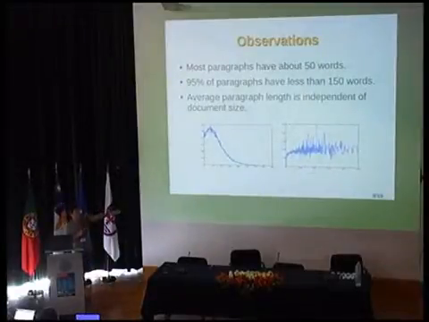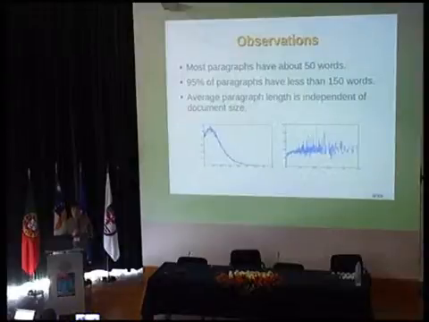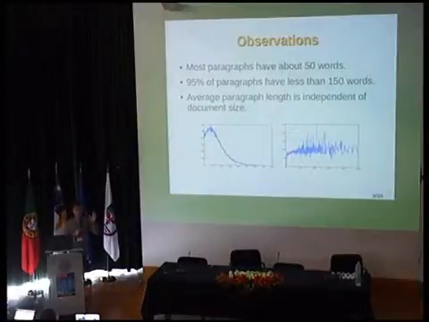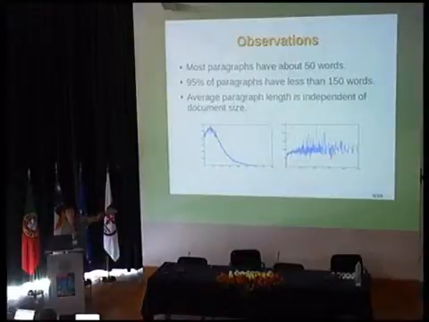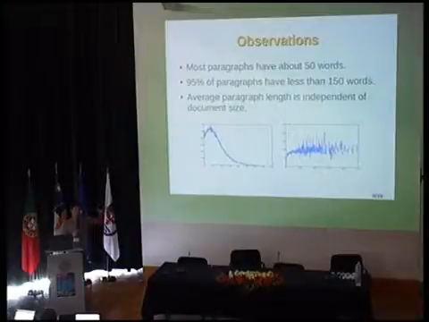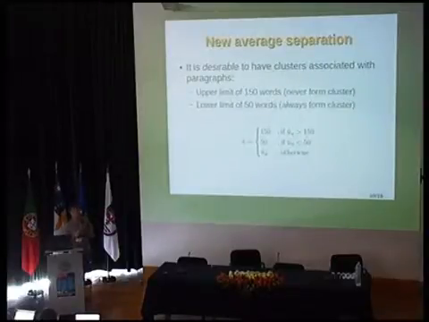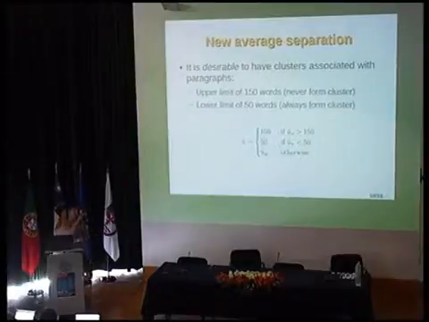So on the right, that graphic shows the average number of words by document, or by size of the document. The idea is very simple: independently of the size of the document, the average number of words in a paragraph is somehow static. It doesn't change a lot. So with that, we have rewritten our equation to make that threshold.